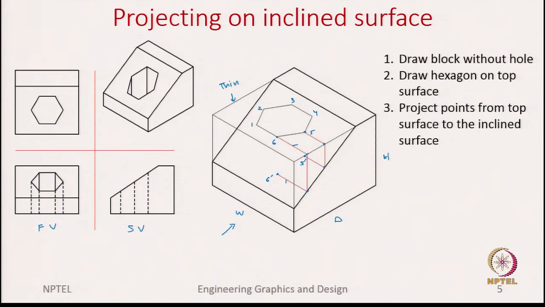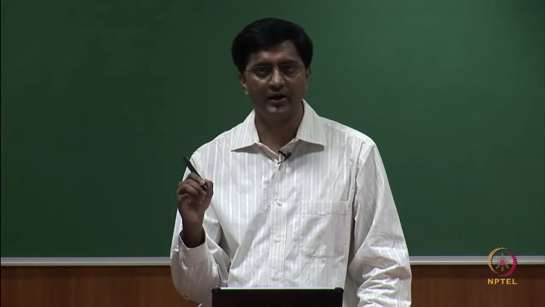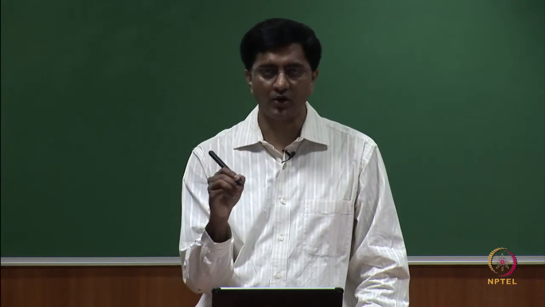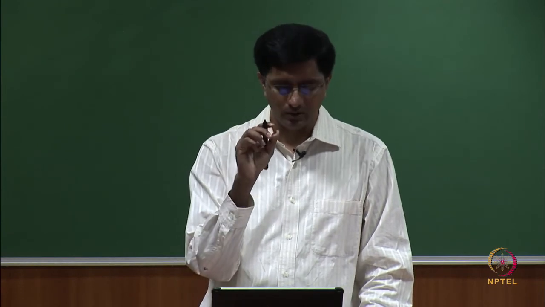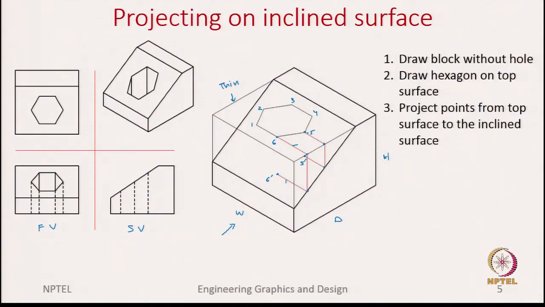Essentially, what we have done is we started with point 6, drew a line on the top surface, then a line on the side surface and then a line on the inclined surface. After drawing these 3 lines, we end up with the projection of point 6. Similarly, we have done the same for point 5. Once we have projected points 5 and 6, we can join them to get one edge of the hexagon. So, we repeat the same procedure for the remaining points. For now let us focus on point 4 and then join the lines. And similarly, we can now do it for points 1, 2 and 3.